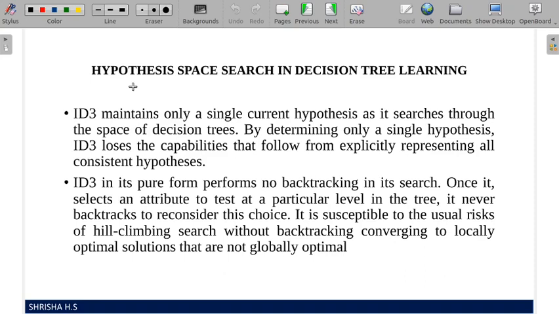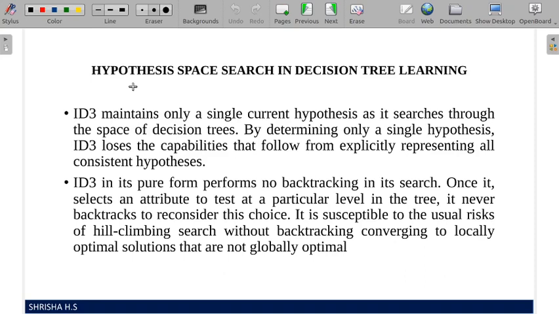Instead of that, if you are in a hurry, you don't backtrack. You just pick one and that's it. So what does a backtracking facility give an algorithm? It gives the opportunity to search all possible optimal solutions. But if an algorithm does not have a backtracking facility, it may result in a locally optimal solution. That means it satisfies the basic criteria of our requirement, but it is not the best one. It is good but not the best. That is a locally optimal solution.